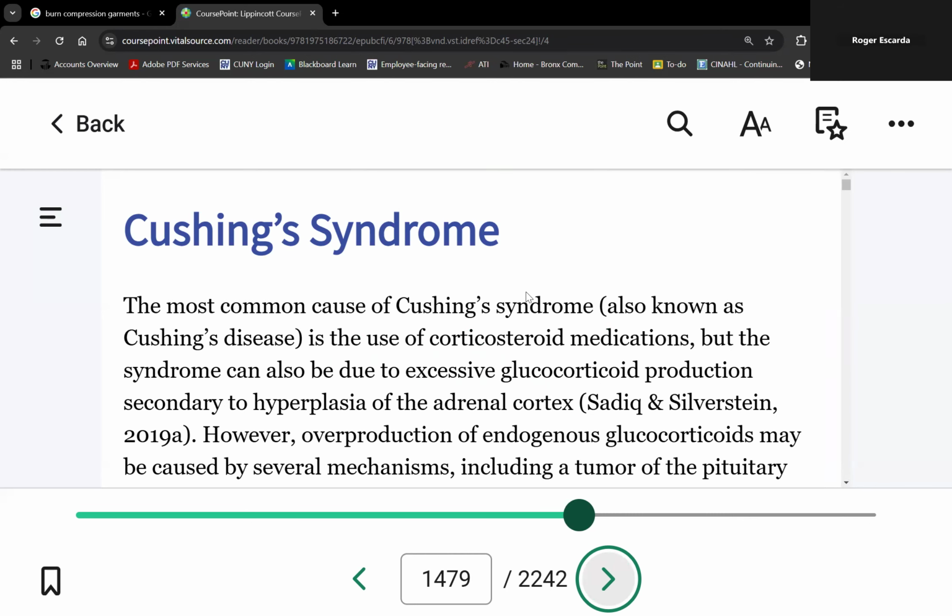Okay. So let's say this patient has been on steroids forever. Do we know if the steroids will be the same all throughout their life? The dose will be exactly the same? No, it's going to change, right? Could their hormone requirements increase during stressful situations? Yes. Could it also decrease? Yes, because of this